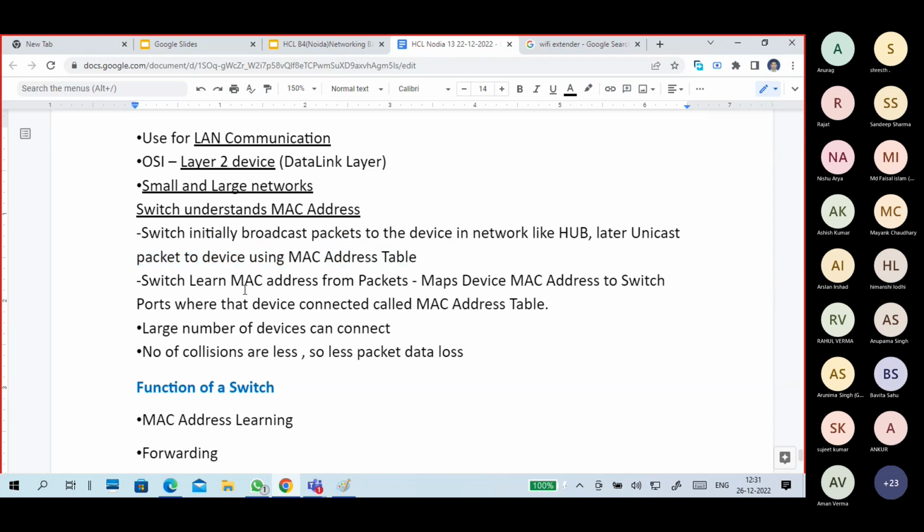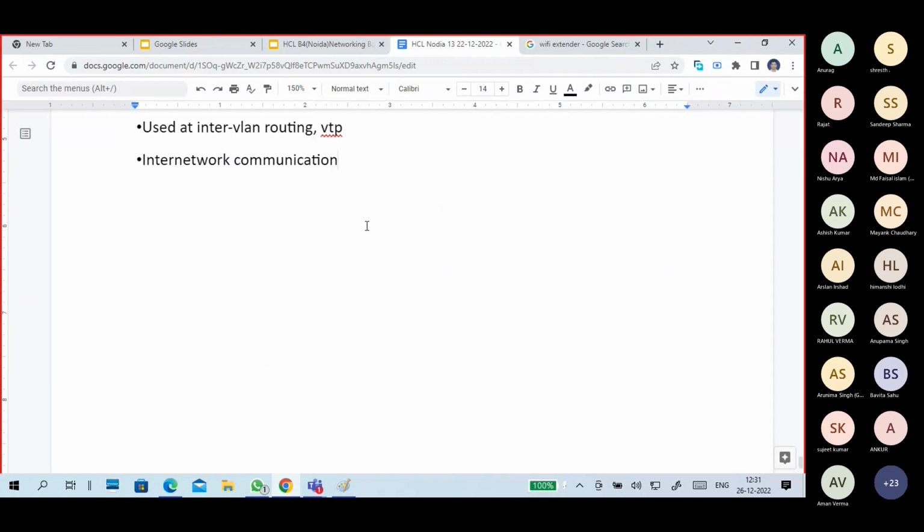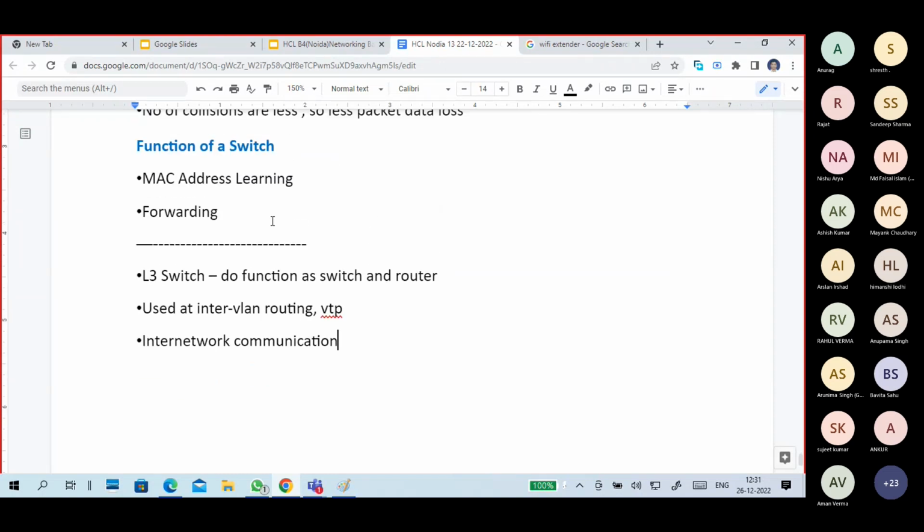What is a MAC address table? How is the MAC address table created? Switch learns the MAC addresses from the packets and maps the device MAC address to the switch port number where the device is connected, called a MAC address table. Okay, so how it is connected also I will put here